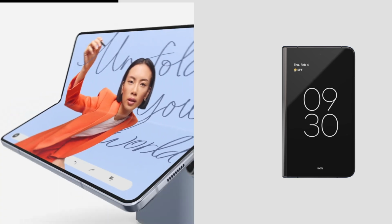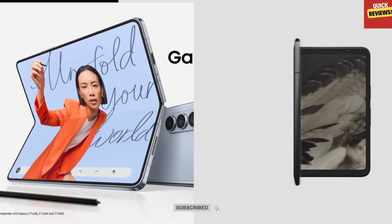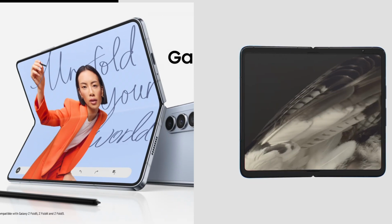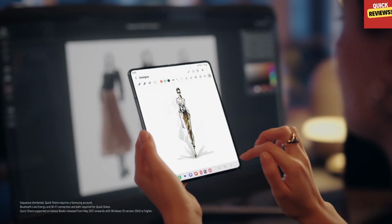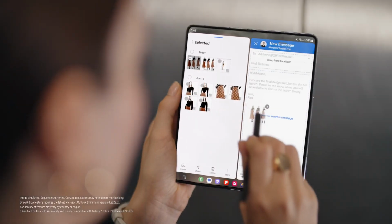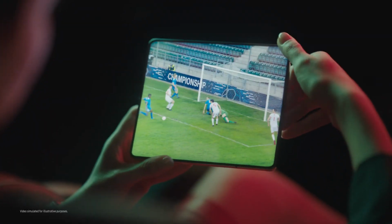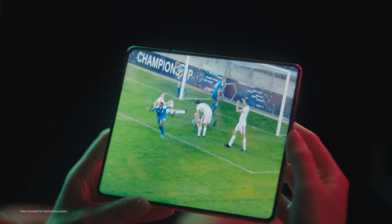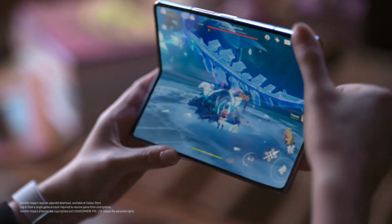In the realm of foldable phones, both the Samsung Galaxy Z Fold 5 and the Google Pixel Fold cater to distinct user preferences within the foldable genre. The Galaxy Z Fold 5, with its expansive 7.6-inch interior screen, stands out as a powerhouse tailored for those seeking superior processing capabilities. Its robust processor ensures an elevated gaming experience, making it a preferred choice for those who prioritize raw